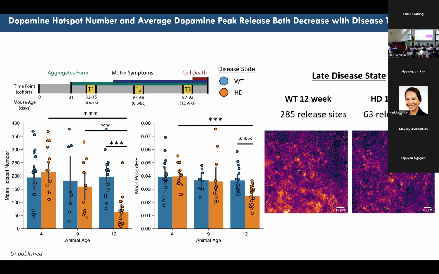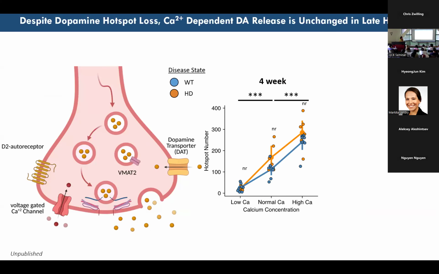But then if we look at the number of release sites, here we can much more clearly see, especially at the 12-week time point, a much more strongly compromised metric, which is that we're seeing many fewer release sites in the advanced disease stage than in the wild type. So motivated by this very initial pilot data set, we then wanted to start looking more in depth at the mechanisms that underlie